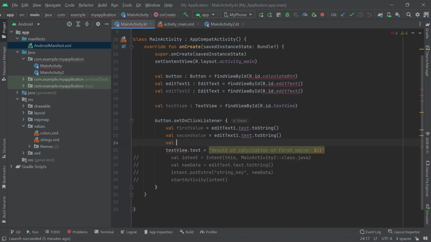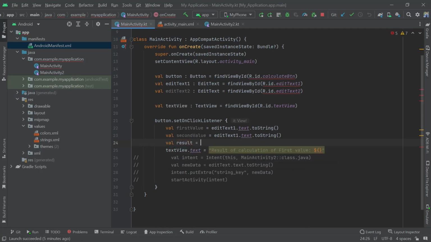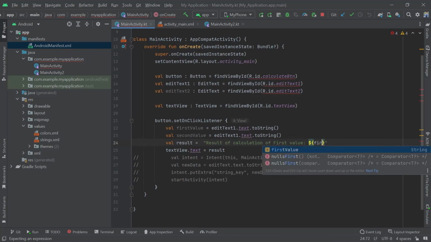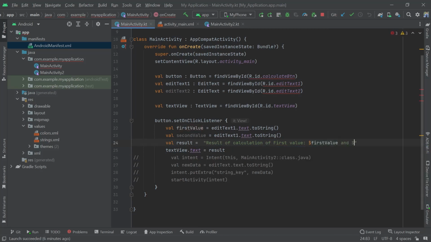So I can just create another string, that is result. So it will be equal to this string, and I can just pass here result. So result of calculation of first value, and that is here our first value. So I don't have to use here this block, first value and